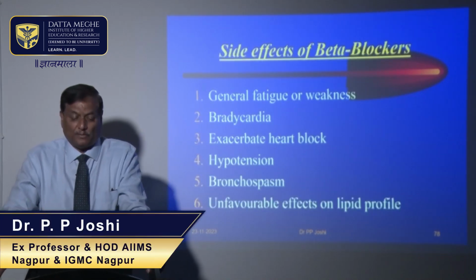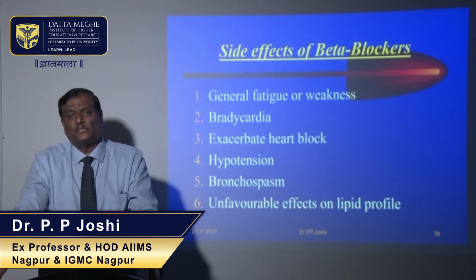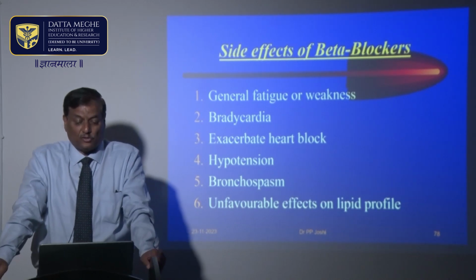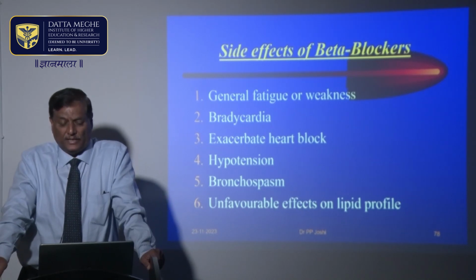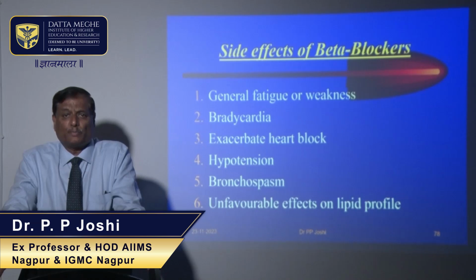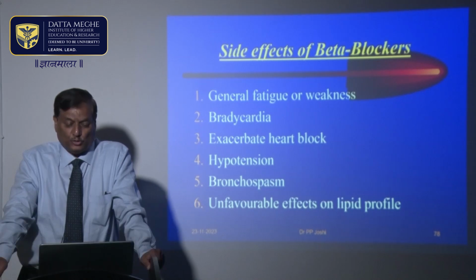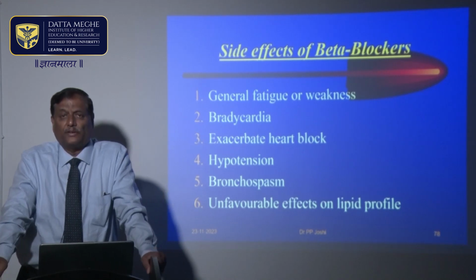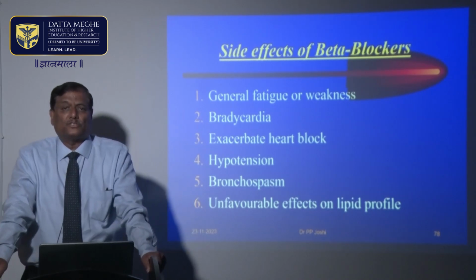Some of the side effects of beta blockers are that they have a negative inotropic and negative chronotropic action, and because of this they decrease the cardiac output. They can also cause generalized fatigue and weakness, and they cause bradycardia, and patients who have heart blocks can be exacerbated. It can lead to a fall of blood pressure, it can cause bronchospasm, and therefore in patients who have bronchial asthma the beta blocker should be used with caution, and they can also have unfavorable effects on the lipids. In patients who are diabetics, one should be careful because the